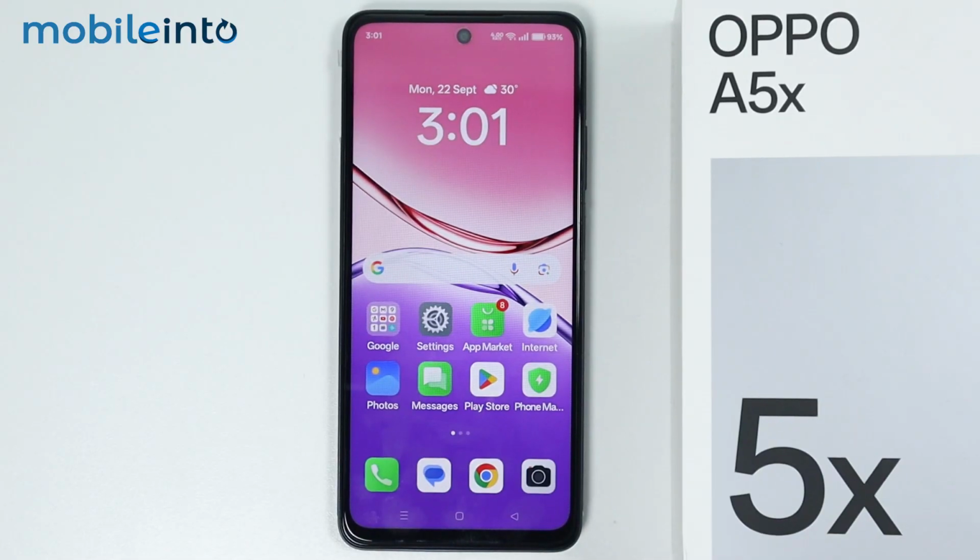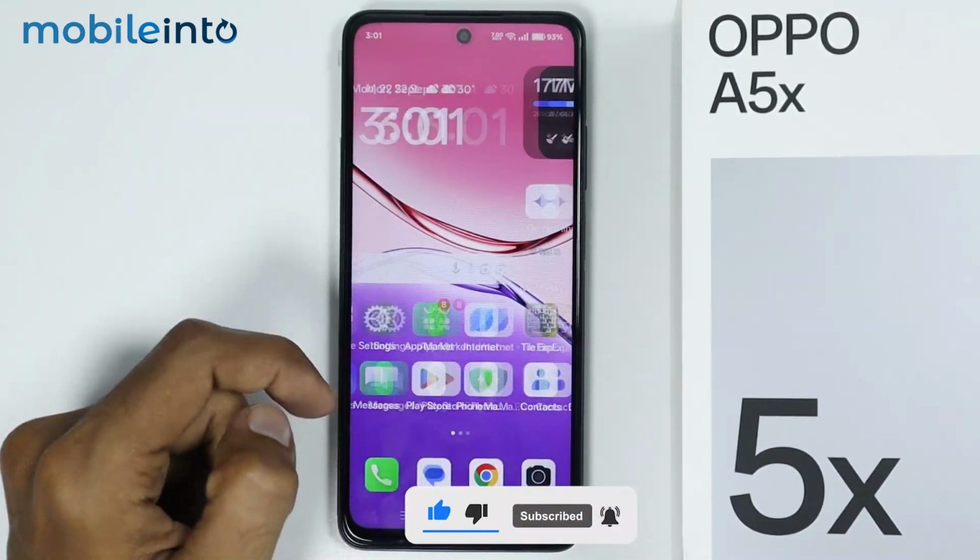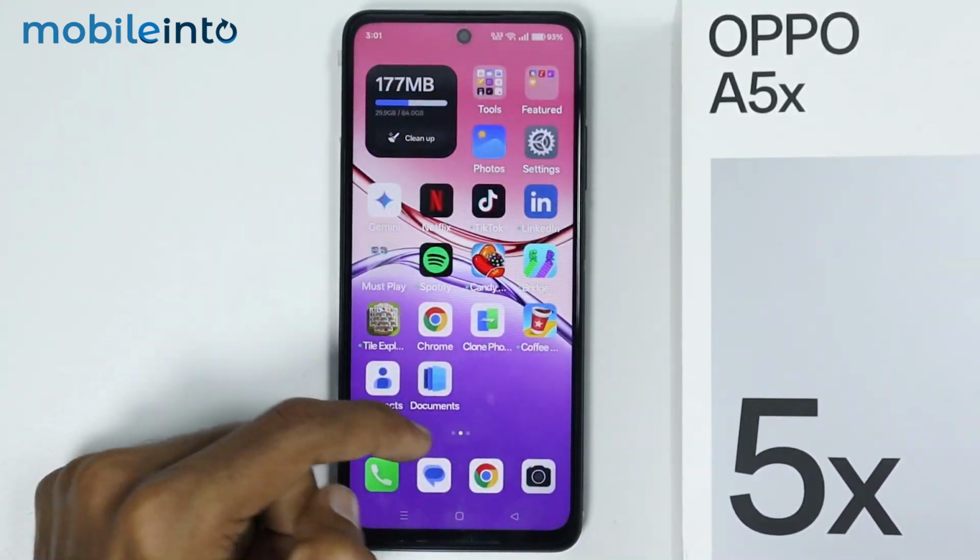Hey, what's up guys? So in this video, we will see how to change the home screen style on the Oppo A5x. Now to do that, first of all, just open settings,